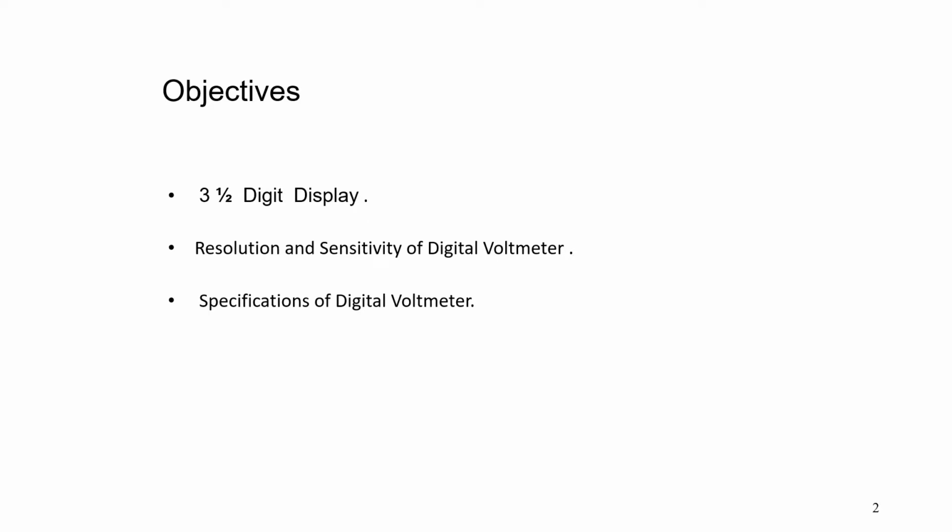This causes the D to A converter to increase its output by 1 increment to 1/4 volts, that is half volts plus 1/4 volts. And again it is compared with the unknown